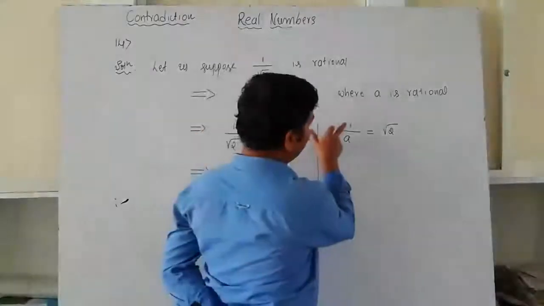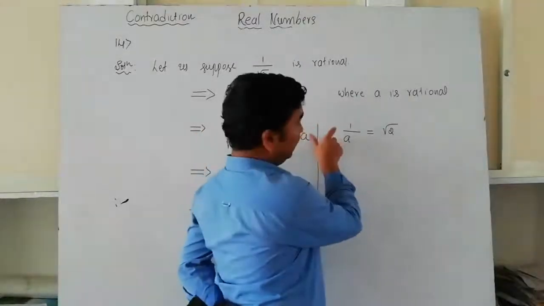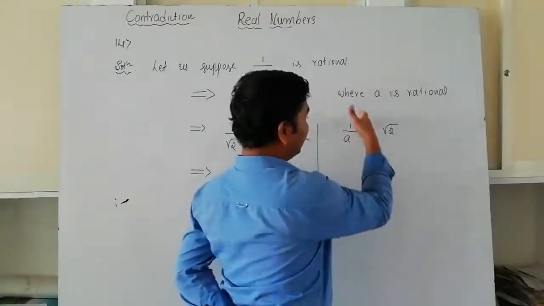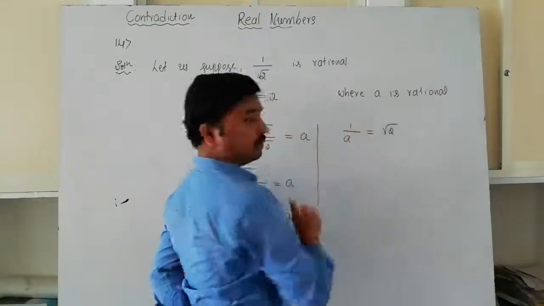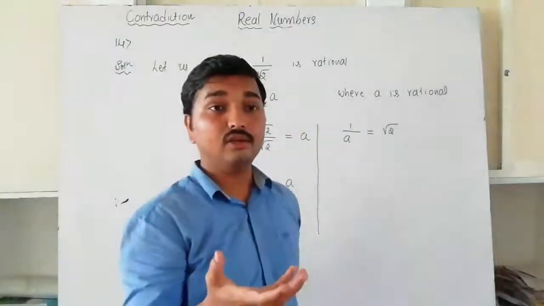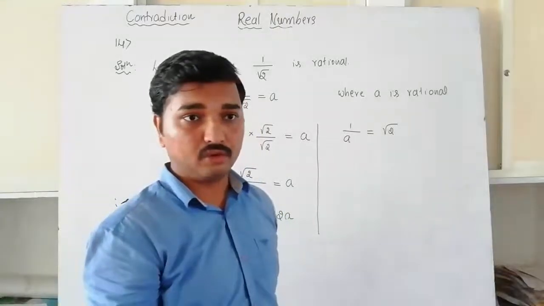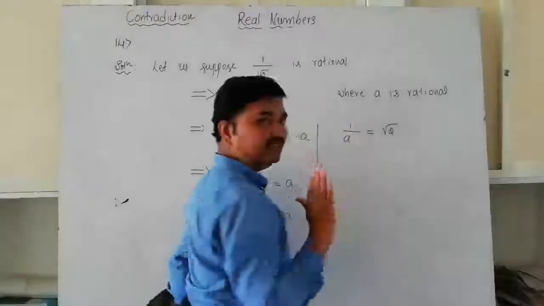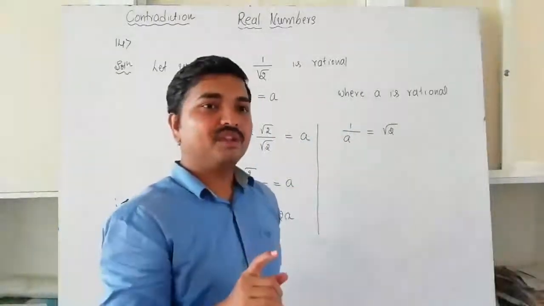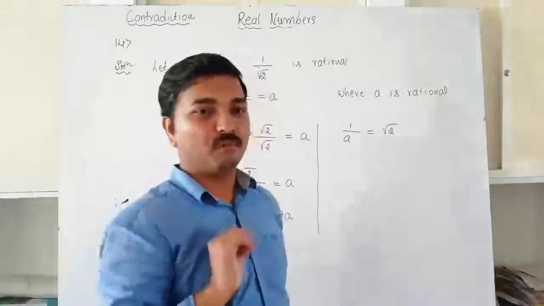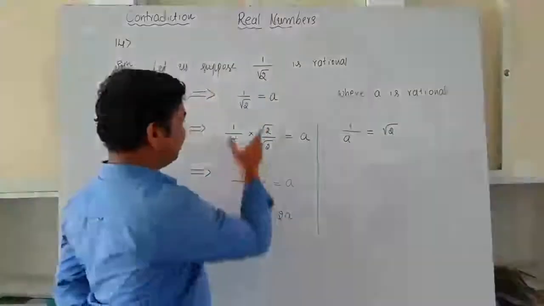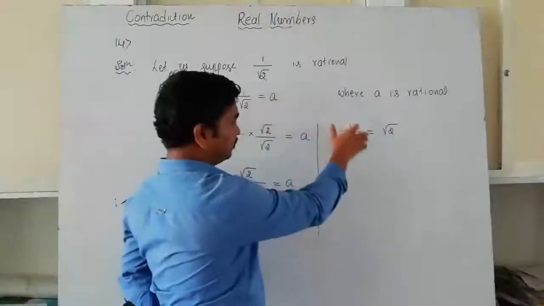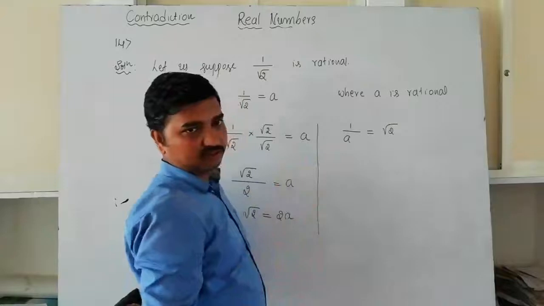If it happens like that, now it will become like this. It is in the form of p by q, integer. Now if you write 0 in the place of a, it will become p by q format, and in the denominator it will become 0, whereas q is not equal to 0 in the form of p by q. If the denominator becomes 0, then this value is actually undefined. So to overcome this problem we need to multiply and divide by root 2, then you need to proceed with the problem. If you do like this, you will definitely lose the marks.